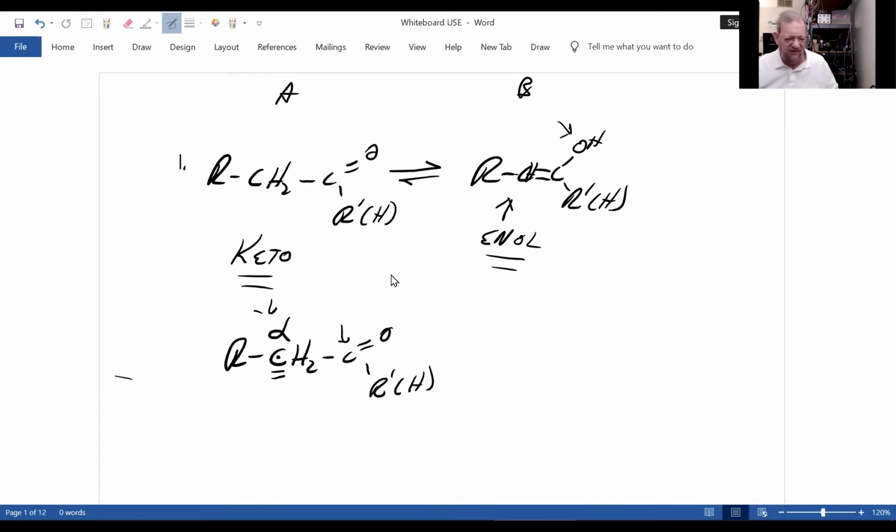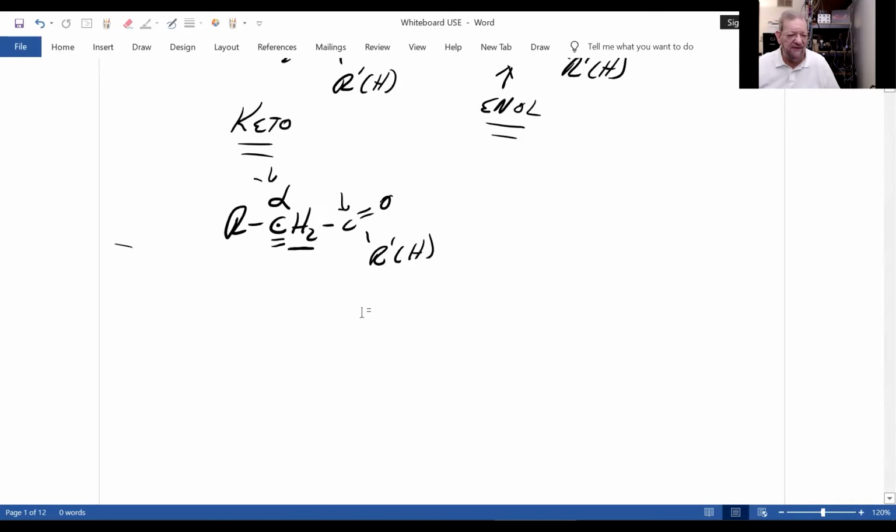I'll never ask on a test, what's the alpha carbon? But you should know because I'll be talking about it. Now, the hydrogens on that alpha carbon are much more acidic than, say, propane. These hydrogens are not acidic. They're extremely hard to pull off,